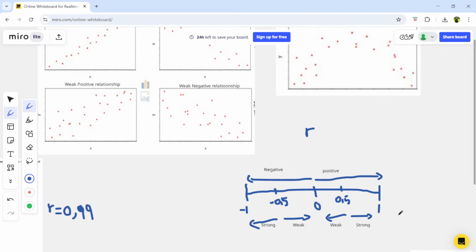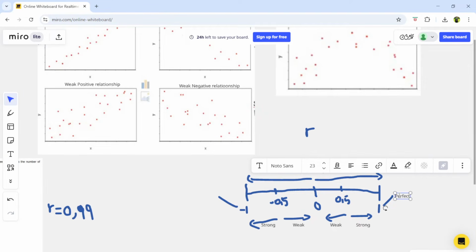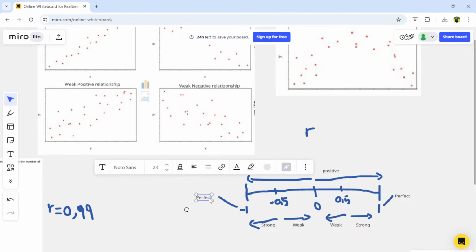Let me just write the word perfect here. Perfect. And perfect. Yeah, so these are the properties of the small letter r, which is the correlation coefficient. Sometimes it's also known as the Pearson's correlation coefficient. All right, so now basically what I'm saying here is